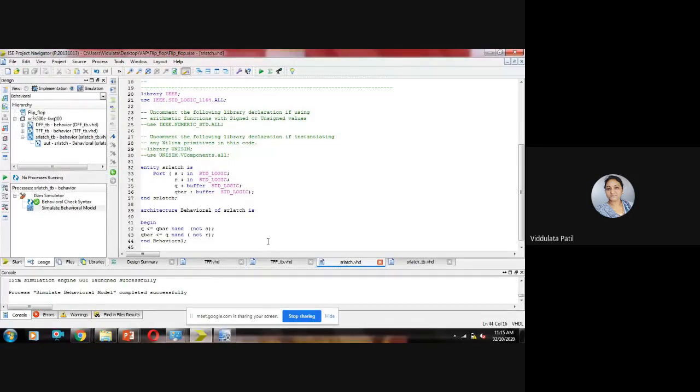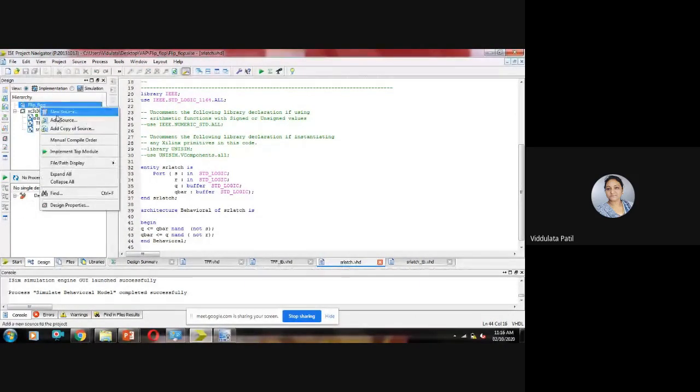ओके, पण याच्यामध्ये आता आपल्याला ही जर कंडिशन अवॉइड करायची आहे की वन बोथ एस आणि आर वन असतील, तर त्यावेळेस काय होतं की दोन्ही क्यू आणि क्यू बार आउटपुट दोन्ही हाय जातात. ते जर आपल्याला अवॉइड करायचं असेल तर आपल्याला काय करावं लागतं? क्लॉक सिग्नल यूज करावा लागतो. सो लेट अस हाव code for clocked SR flip flop. Okay, so we will have now one more code. So let us go in the implementation.